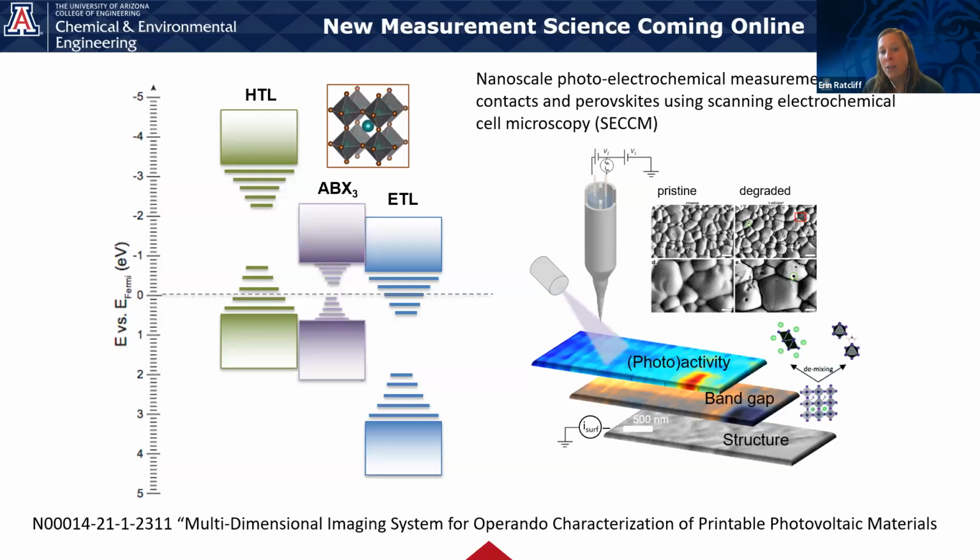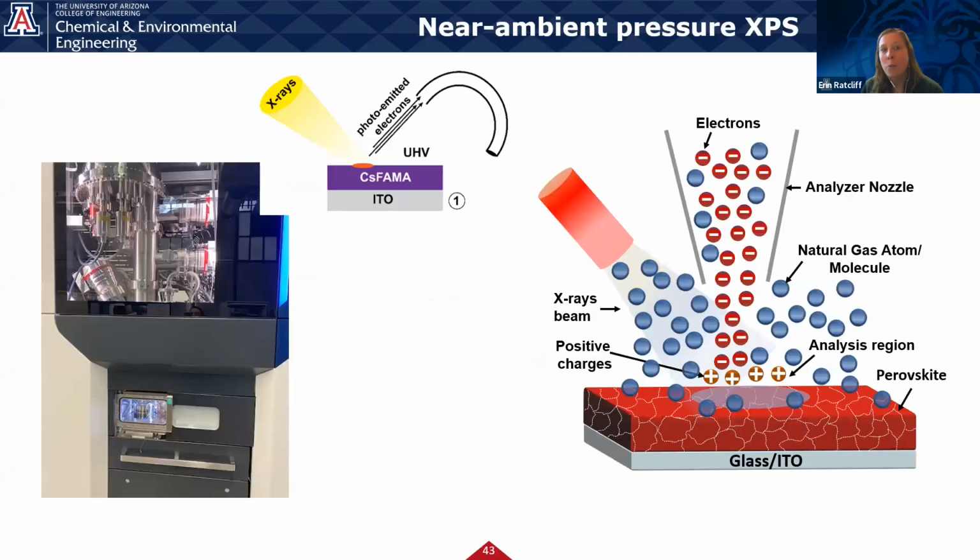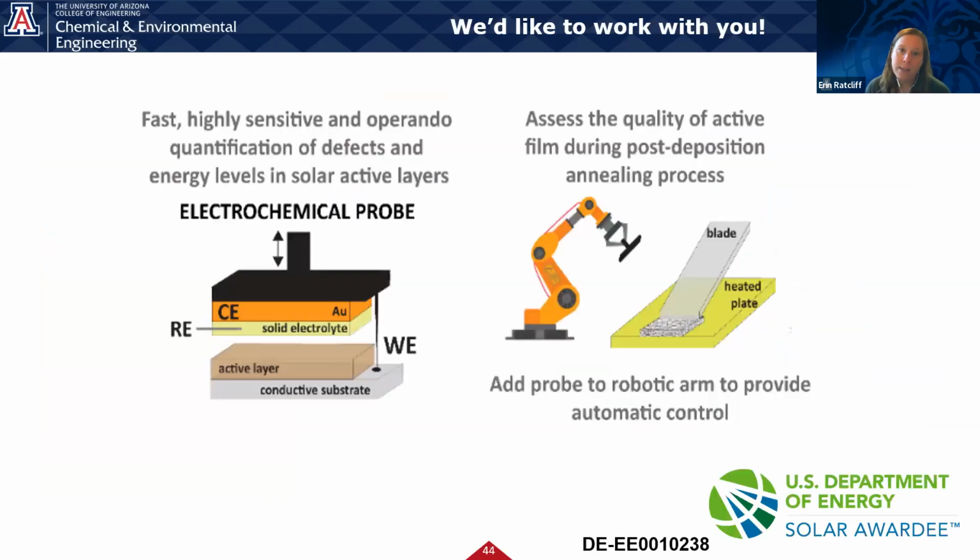And then the final thing I want to throw out there is that we're moving towards using photoelectron spectroscopy coupled with our electrochemistry or electrical capabilities. So what this is going to truly let us get is chemically resolved electrical measurements under lights, under applied electric fields. But again, what are the chemical species definitively? Like, we're pretty sure that we know what they are from our electrochemistry, but this will allow us to watch the dynamics of how those chemical species at the surfaces evolve. And so with that, again,